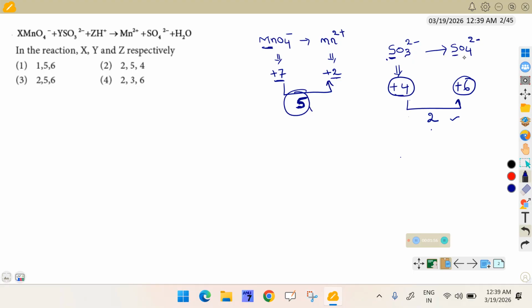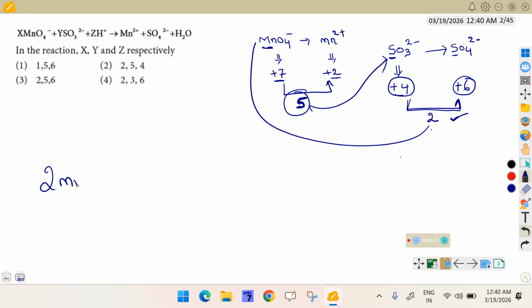SO3 2 minus is converted to SO4 2 minus. In the reactant side, sulfur oxidation state is plus 4. In the product side, sulfur oxidation state is plus 6. Oxidation number difference is 2 and N factor value is also 2. Now exchange the N factor values. Then 2 moles of MnO4 minus plus 5 moles of SO3 2 minus plus H